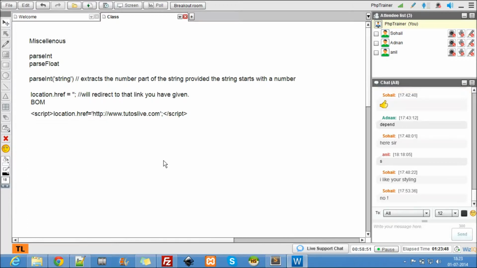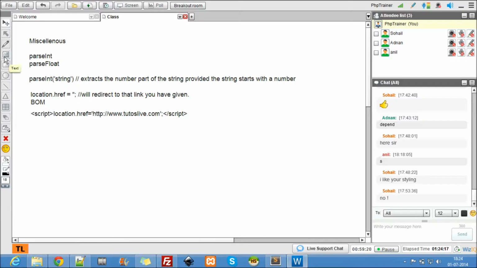Okay, no problem. But at least do a calculator application again. Do it using DOM. You have done it using the prompt, using plain JavaScript. Now try to do it using DOM, using document.getElementById, whatever we have done previously. It's up to you. If you do it, you get it.